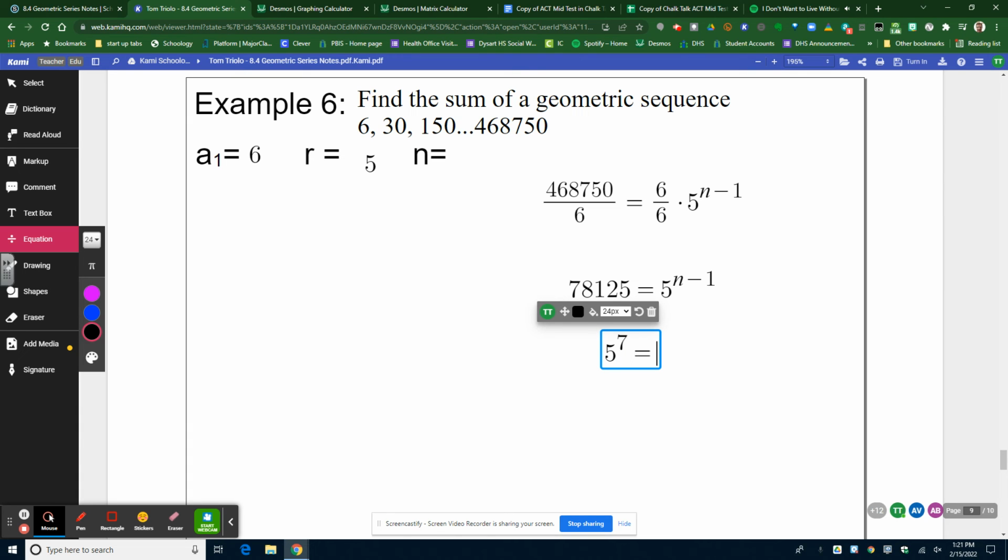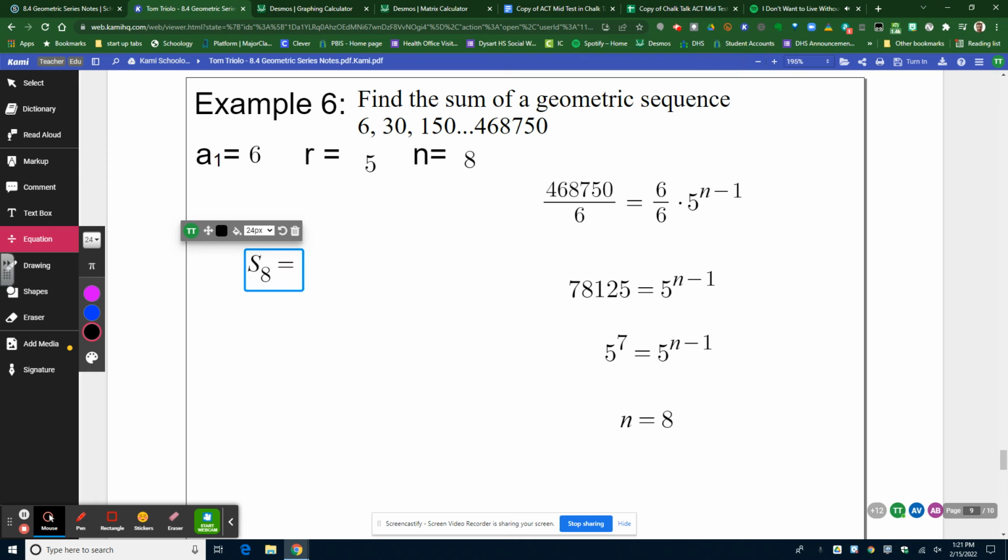Now, if I didn't recognize this, I could solve this with logarithms, but I think that's a little extra work that you don't need to do. So if n minus 1 is equal to 7, what do you add to 1 to get to 7? And that is 8. So that means n is 8, and now, and only now, can I use my formula. The sum of my first 8 terms, which I just determined, I'm looking at 8,